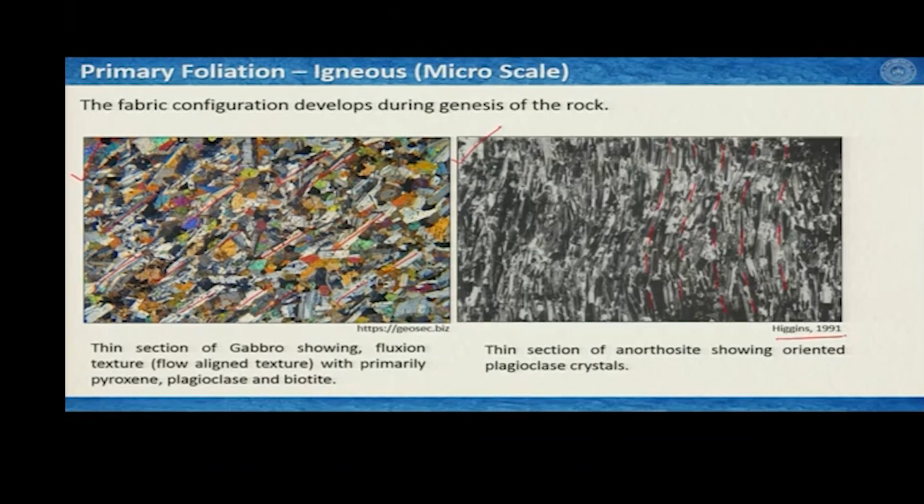Secondary fabrics, we will learn soon, must have formed in a pre-existing rock system. So, we have a rock. Now, if this rock, for example this anorthosite, got deformed further, then these plagioclase crystals may further recrystallize, and then they can orient in a different way, defining planar fabrics, and these planar fabrics would then be your secondary planar fabric. But in this case, because these are associated with the genesis of the rock, these are primary